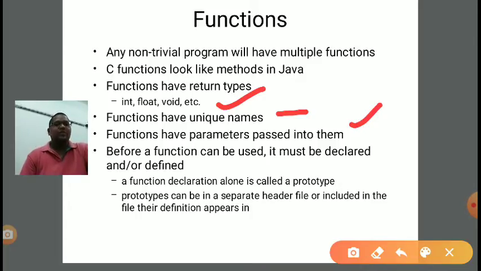The function performs some operation on those parameters, like calculation, logical operation, or looping, generates the output, and returns it to the calling function. Means from main, if we entered the function, we bounce back with the help of the return type into main.